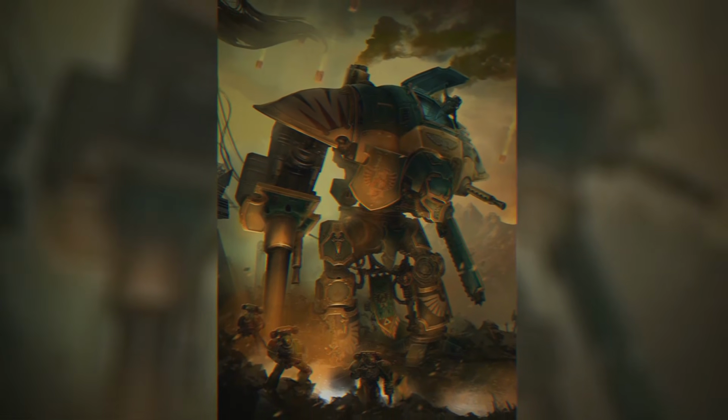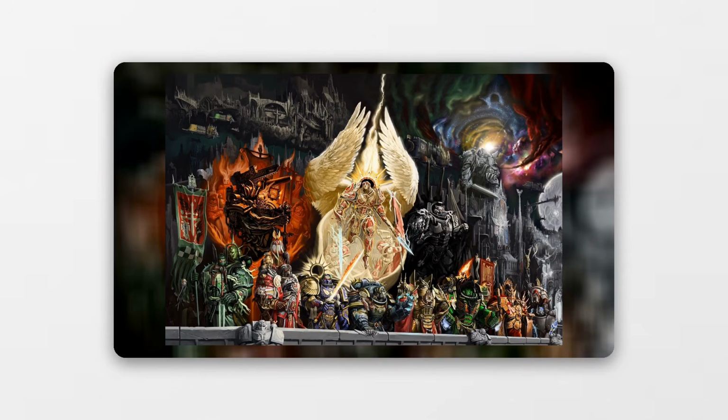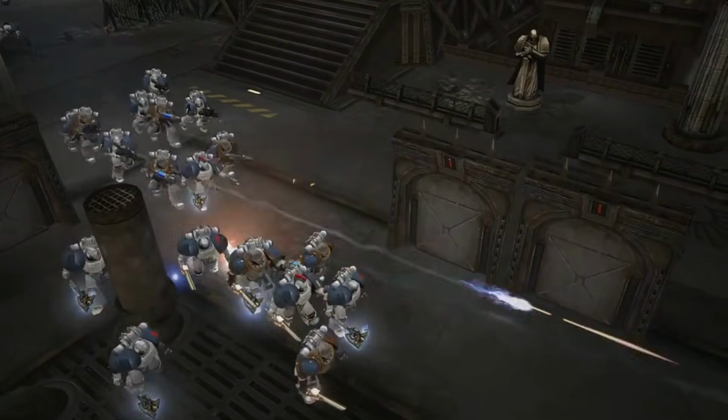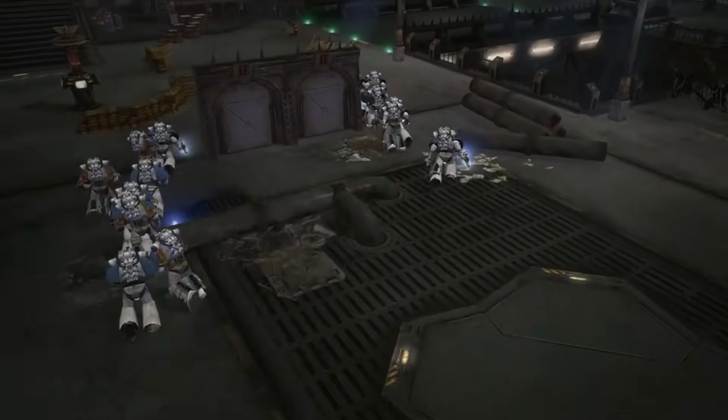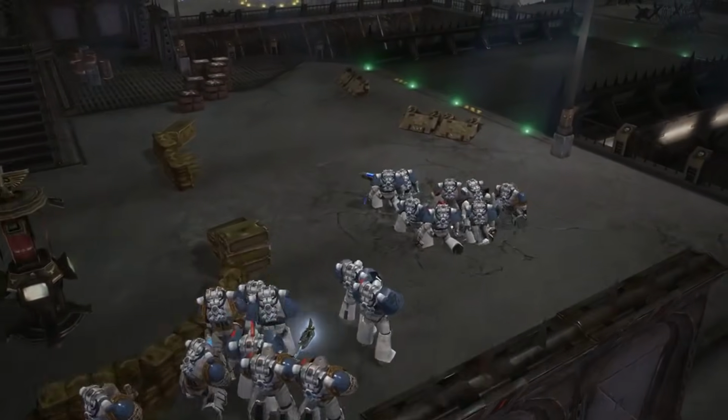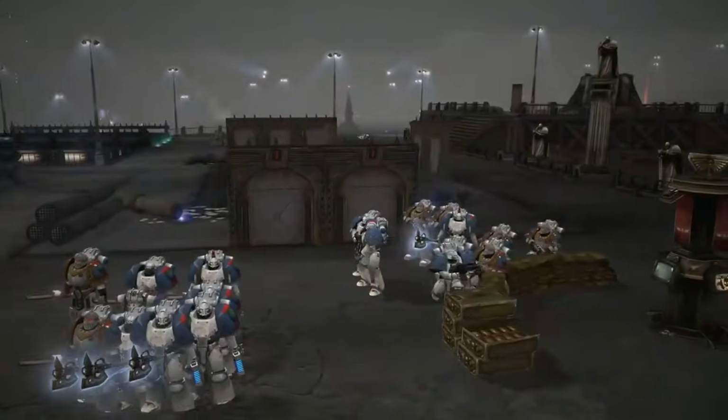Generations passed, and with each passing decade, more knowledge was lost, more skills forgotten. The vast libraries of the dark age of technology, once repositories of unimaginable wisdom, were either destroyed, plundered, or simply fell into disuse and decay, their contents rendered unintelligible by a populace that had lost the ability to read or comprehend them.